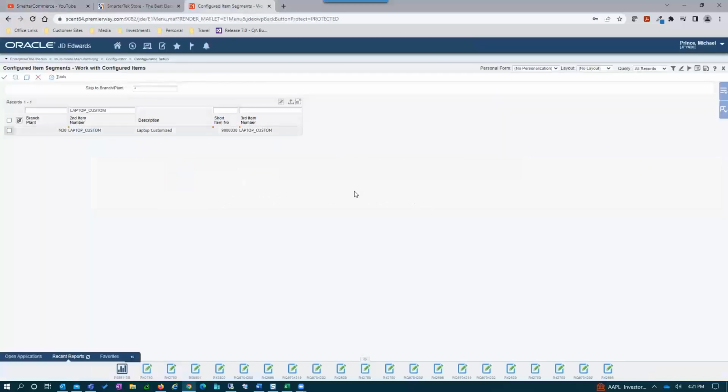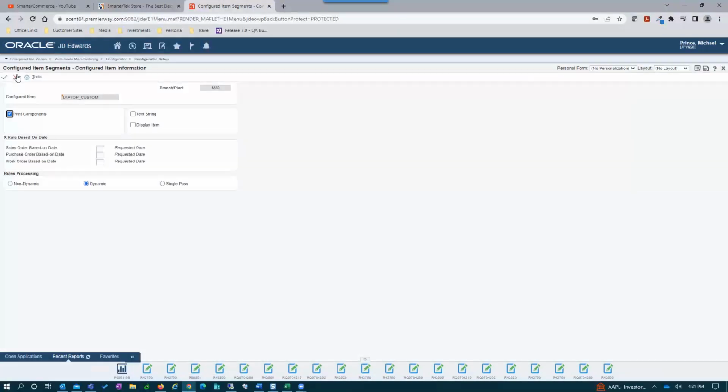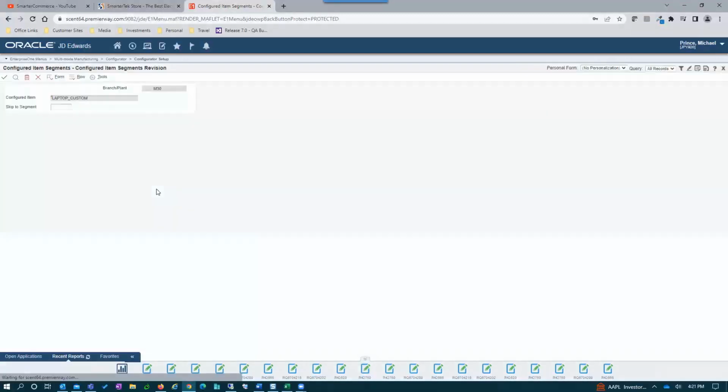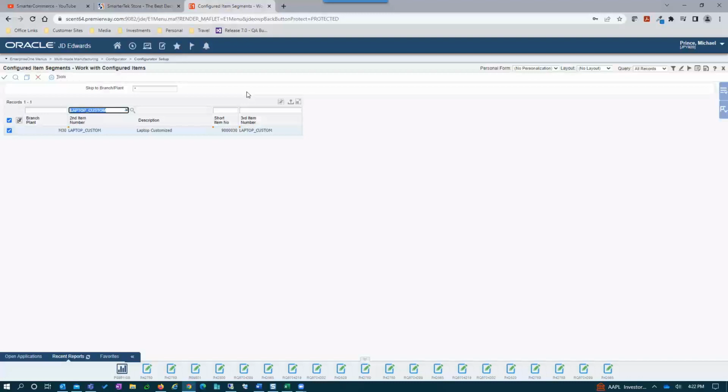So within our JD Edwards solution, I have configured a multi-level dynamic configured item that I've termed laptop custom. Within this configured item, if we go into the configured item information, we can see that it is set to dynamic. And if I drill into the actual components, we can see that it has many different options and components within its selection criteria. This last option here, sleeve option, actually drives you to a second item, which is part of the multi-level